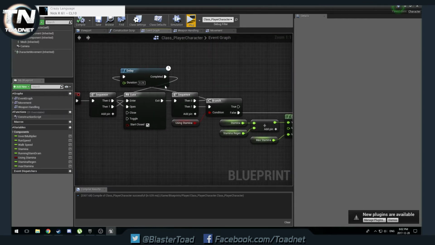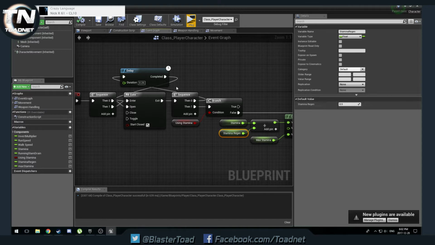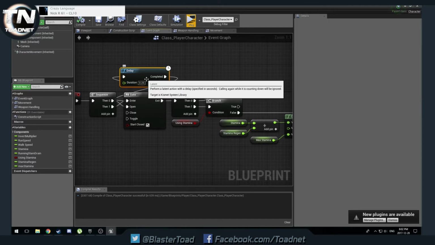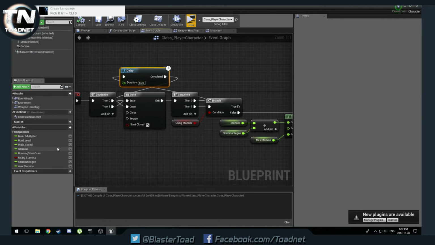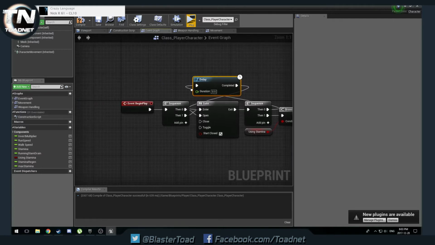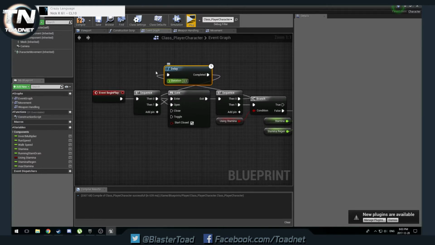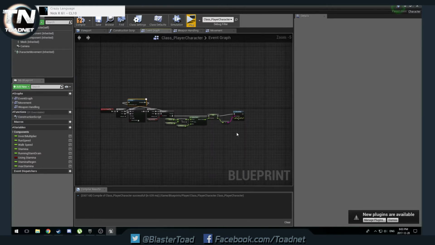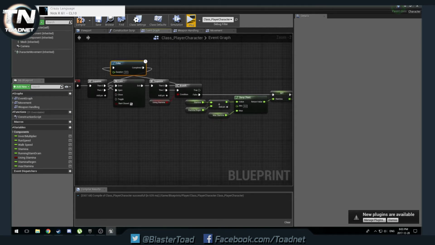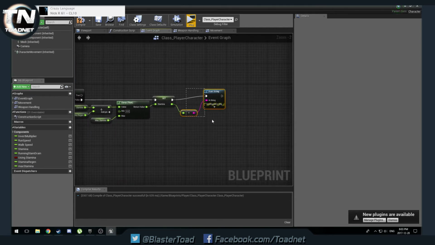Okay, so we may actually want this to be slower. So say, instead of every 0.25 seconds, we want it to be every 0.5 seconds, or every 1 second, whatever. We could even make this a variable regen time. Okay? But yeah, that will give us our